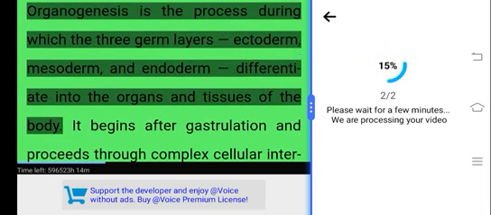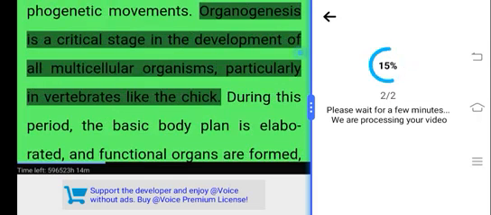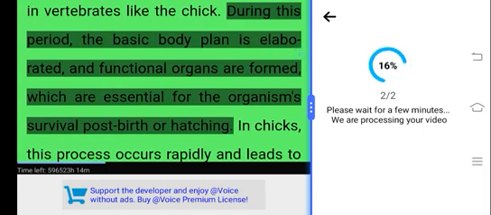Organogenesis is the process during which the three germ layers, ectoderm, mesoderm, and endoderm, differentiate into the organs and tissues of the body. It begins after gastrulation and proceeds through complex cellular interactions, signaling pathways, and morphogenic movements. Organogenesis is a critical stage in the development of all multicellular organisms, particularly vertebrates like the chick. During this period, the basic body plan is elaborated, and functional organs are formed, which are essential for the organism's